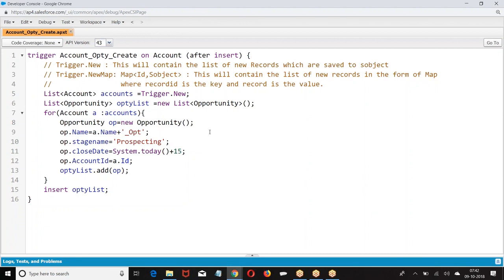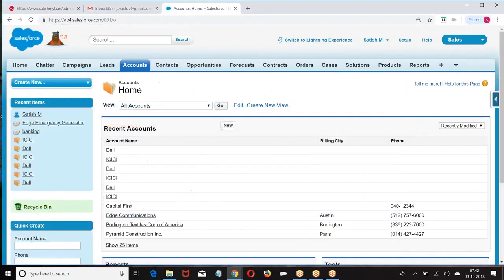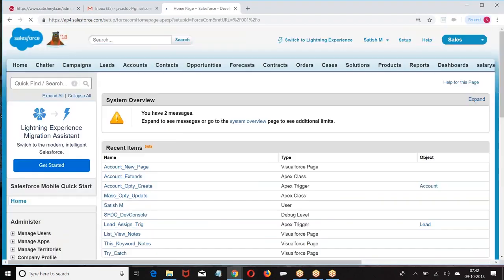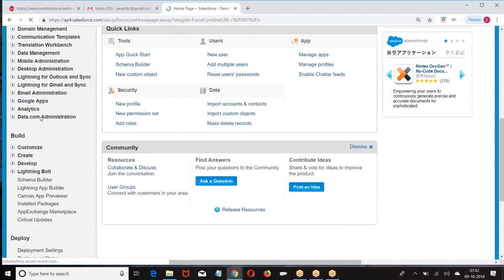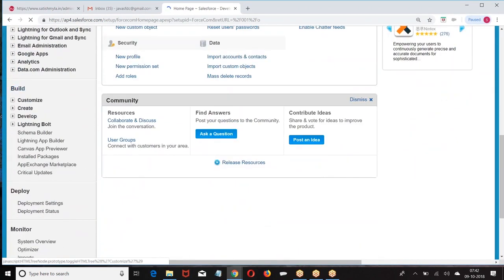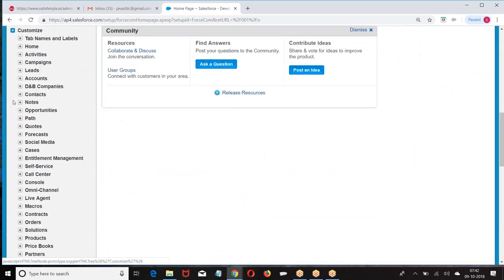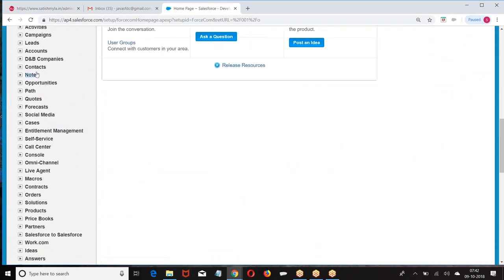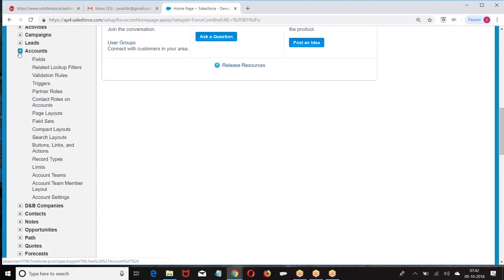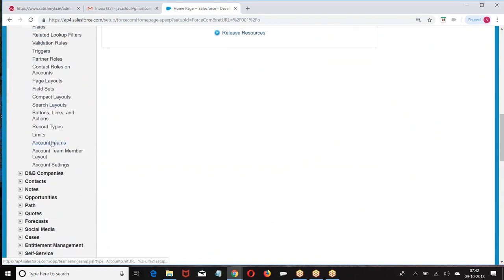Okay. First, how do you enable this account team members? Setup, build, customize, accounts. What is the option we have?